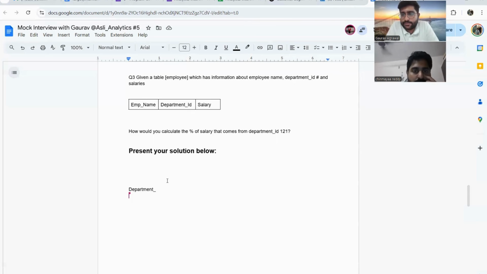For that, I'll just write sum of salary, or order by department ID, something like that. Although I'm writing a window function, it will give me all the departments' salary in another column so that I can divide and get my answer. Try writing the full query now.